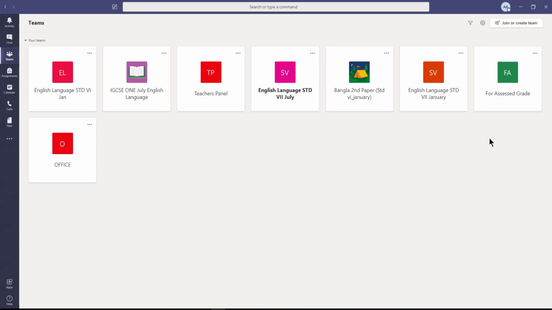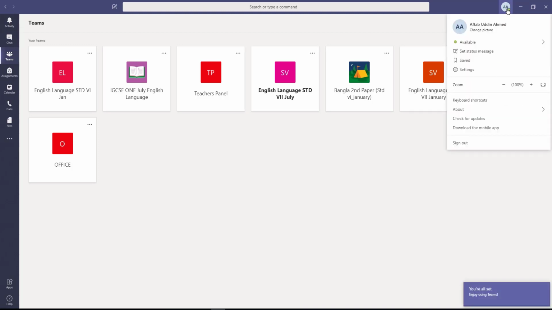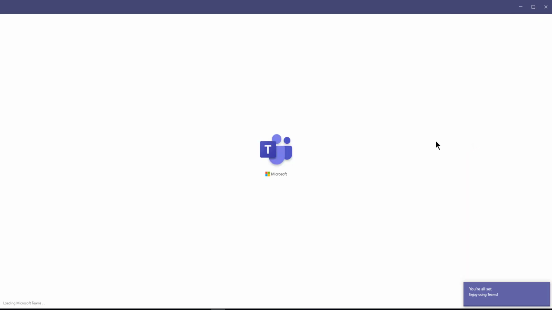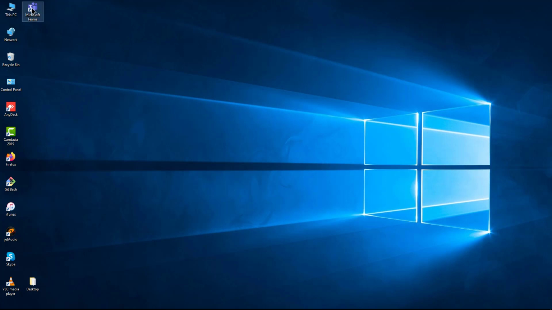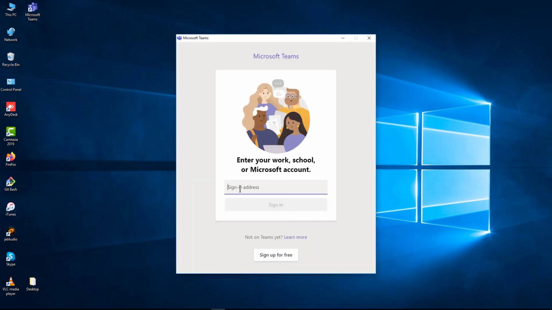So if you are already signed in, you may see this. Okay, if you click, now this is the program. If you click it, it will start, and here you just give your ID and password that we have provided you. Suppose my one is,